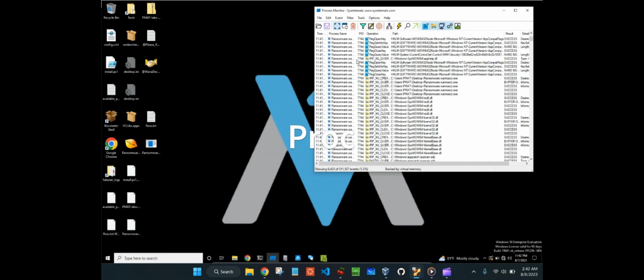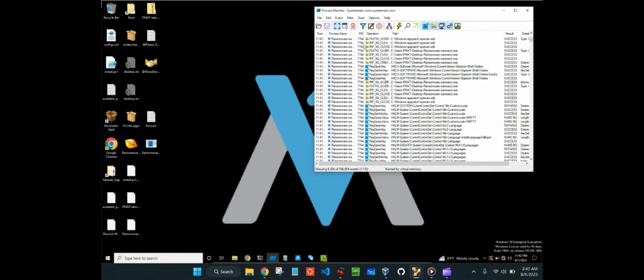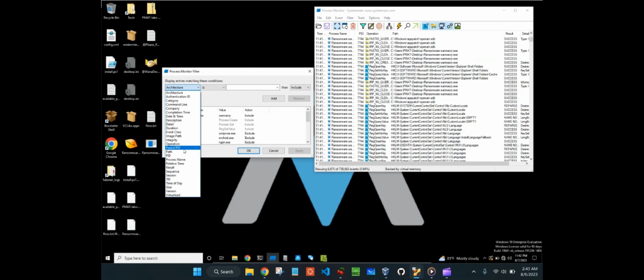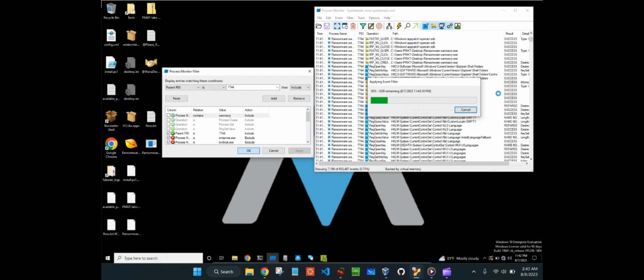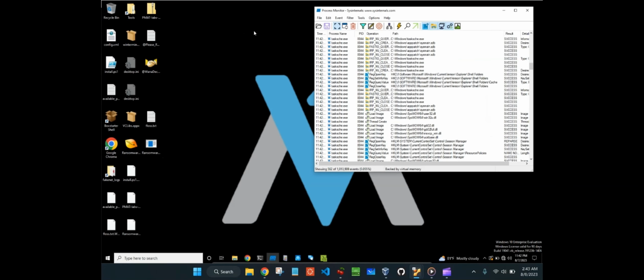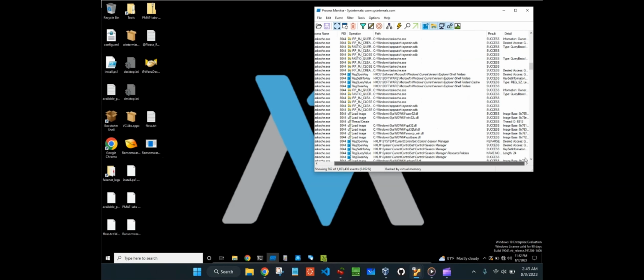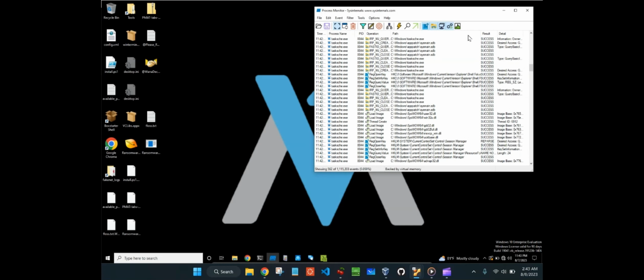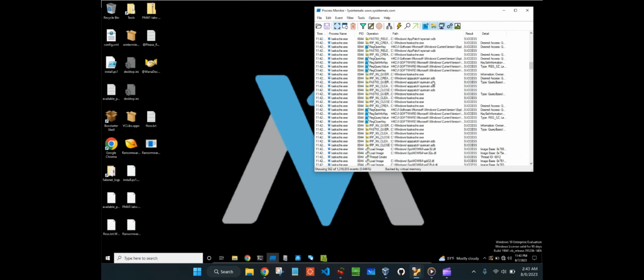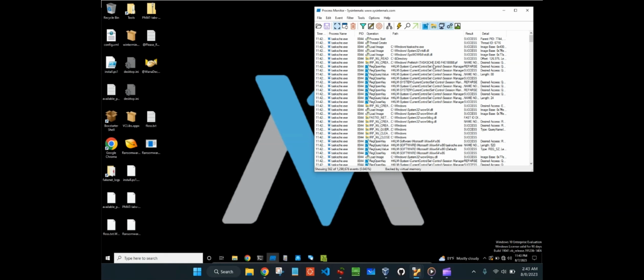So after resetting our virtual machine to a clean state, we fire up Procmon and set it to filter for processes containing WannaCry. After we run the malware again, we can keep an eye on the processes that contain the word WannaCry. This is another form of host-based indicator showing us what processes the malware is creating on the host system. We can see that task